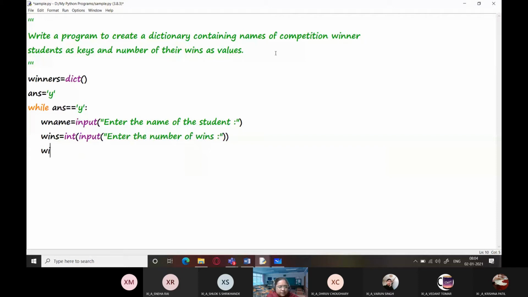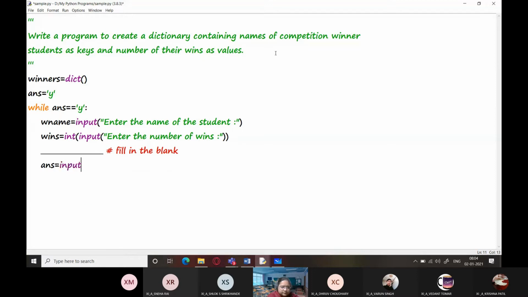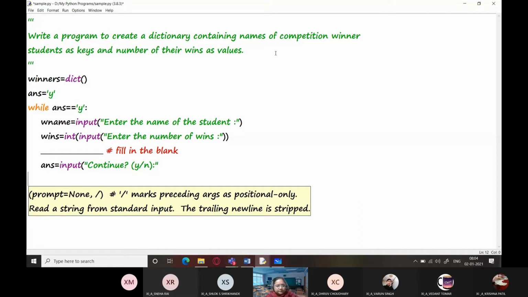And now how are we going to do it? You people are going to fill in the blank over here. So I'm just going to give you some pointers here. You are just going to fill the blanks.